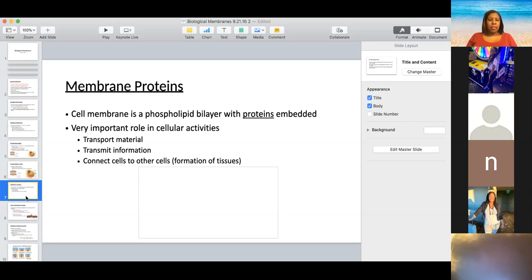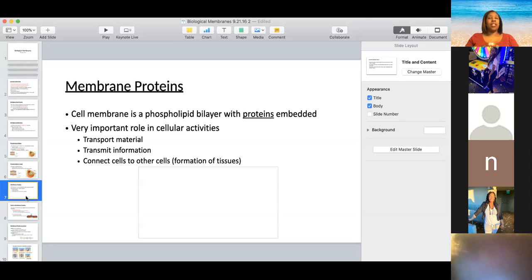Other jobs of these membrane proteins is to connect cells to other cells. All right, so we talked about, again, that whole tissue formation. Cell-to-cell adhesion, cell-to-cell interaction is very critical. So jot down some of these. And I would like for you to be able to describe, again, in your own words, the